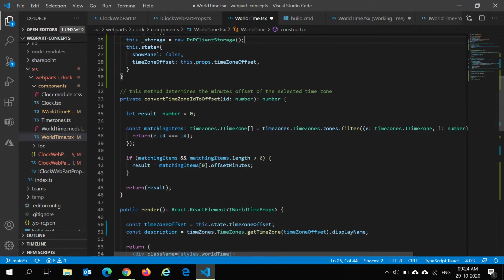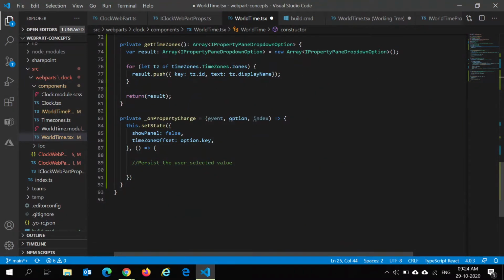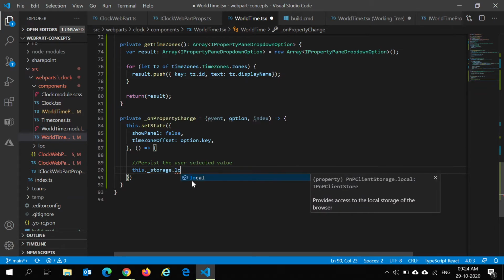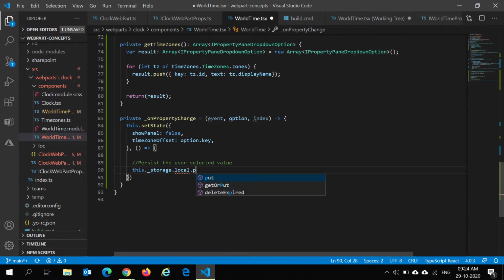Now what we do is we'll save the value as soon as the user selects a time zone from the panel. We'll save this into the client storage. So I'll do this dot underscore storage dot local. This is what I was referring to. Local is the local storage and session is the session storage. So I'll use the local storage, and then dot put. Dot put is for saving the value.